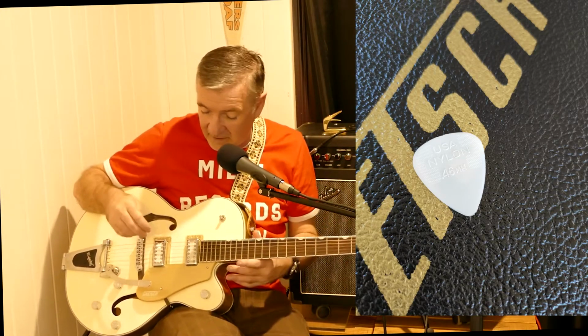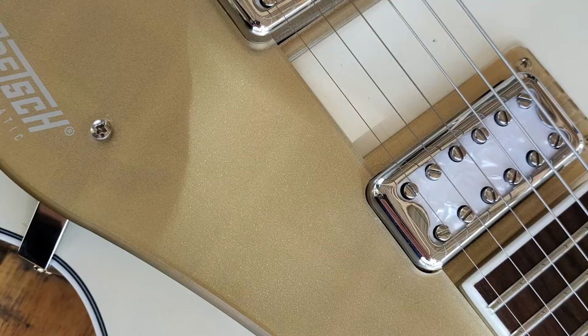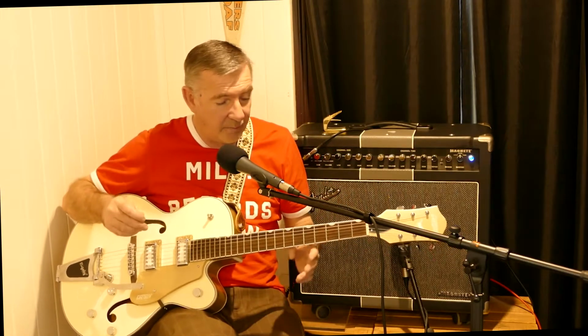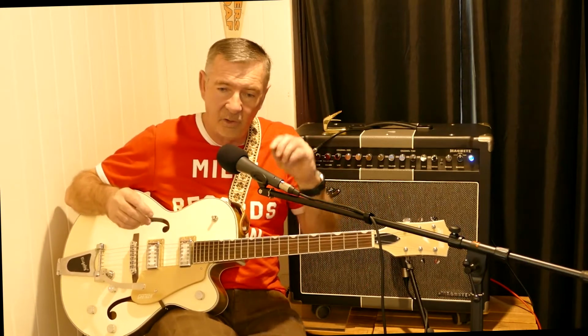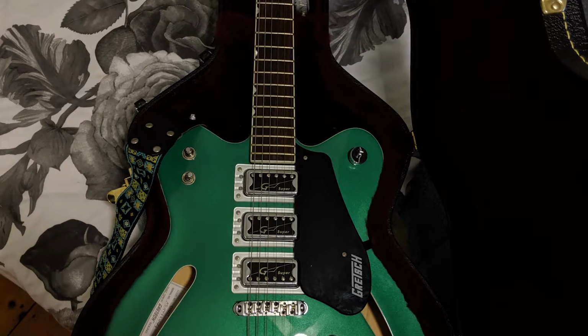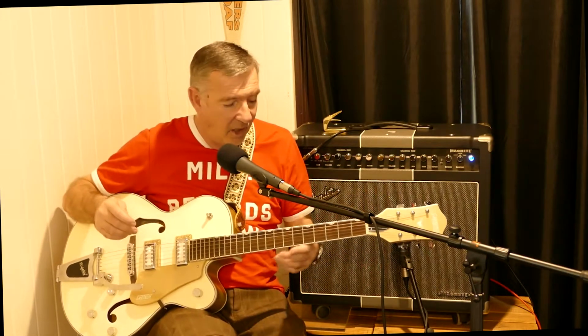Now, whether that's the Filtertrons, which have these cool inlays on them, or whether that's an effect or a flow-on from it being 100% hollow body. The other thing the hollow body does, and I've got a couple of Gretsches, a solid body and a 5622, which is a center block hollow body. The actual hollow body opens up this whole kind of